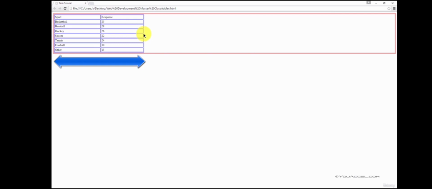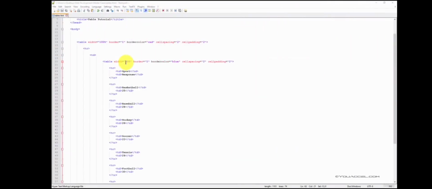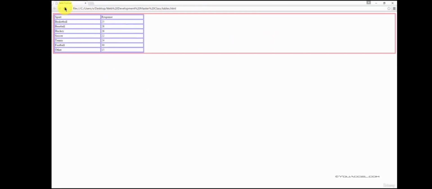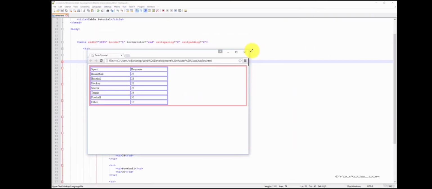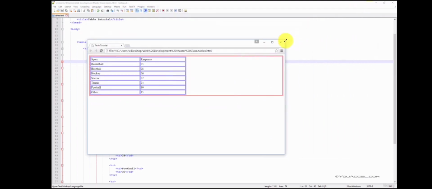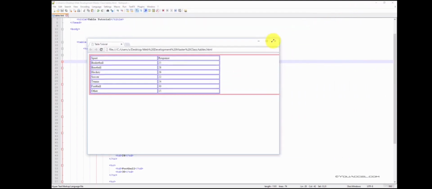Now let's try a couple of different scenarios to see what happens when we adjust the width of the nested table relevant to the parent. Okay, so the first thing we'll do is we'll change the width of the nested table to 50% rather than 500 pixels. Now save your changes and refresh the browser window. Now we can see as we expand and contract the browser window, our nested table is always occupying 50% of